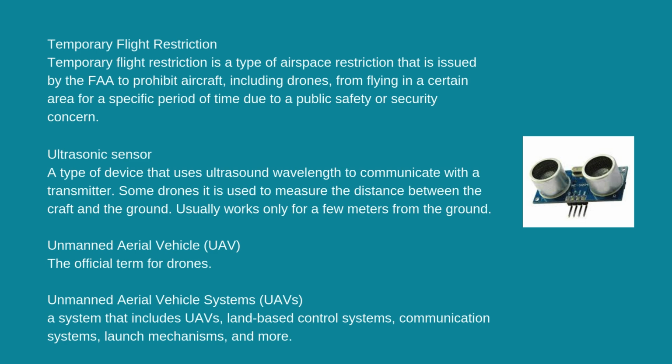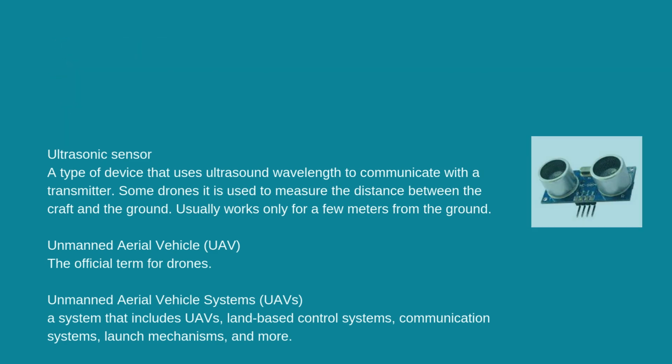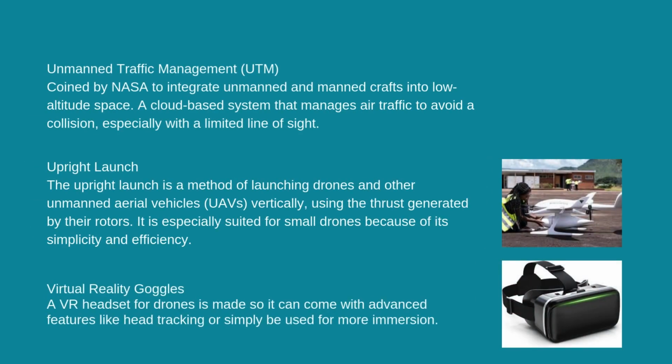Ultrasonic Sensor. A type of device that uses ultrasound wavelength to communicate with a transmitter. Unmanned Aerial Vehicle, UAV, the official term for drones. Unmanned Aerial Vehicle Systems, UAVs, a system that includes UAVs, land-based control systems, communication systems, launch mechanisms, and more. Unmanned Traffic Management, UTM, a cloud-based system that manages air traffic to avoid a collision, especially with a limited line